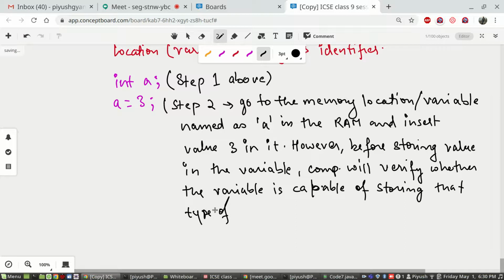Type is also known as data type, so don't get confused if you come across that. You got the concept?